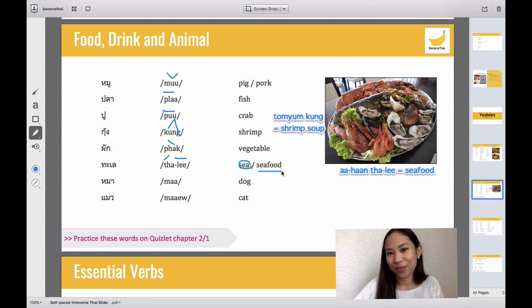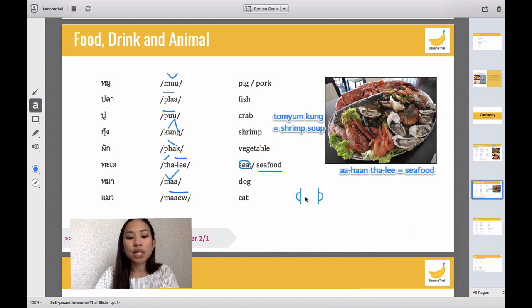ต่อไป, หมา. What is it? หมา is a dog. While the word meow, guess what, sounds like what? A cat. That's it. So here let's put everything together. If you want to say fried vegetable